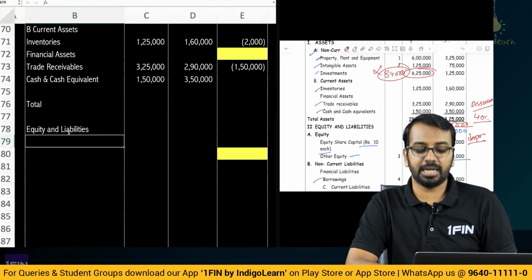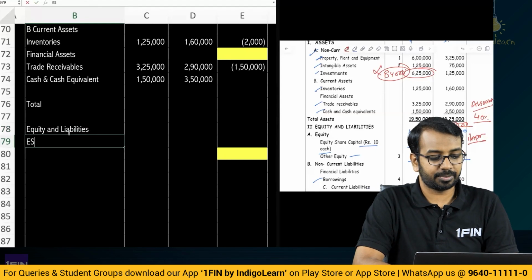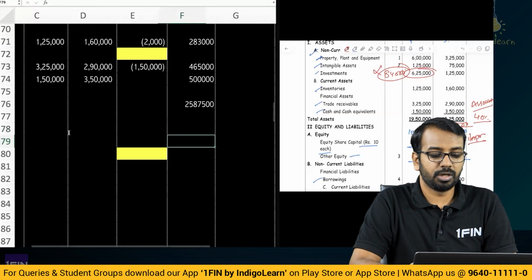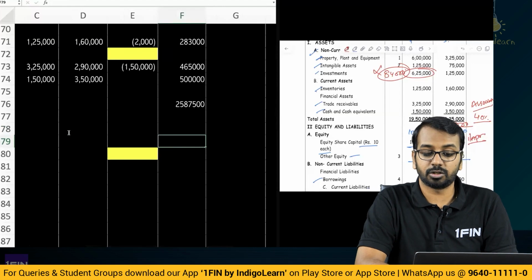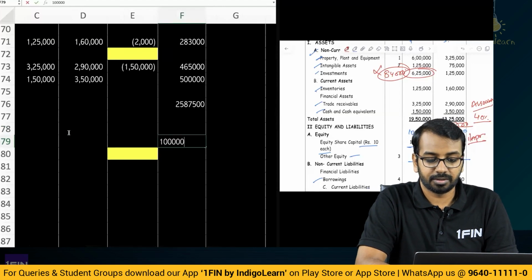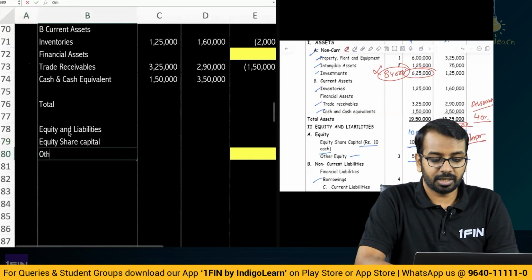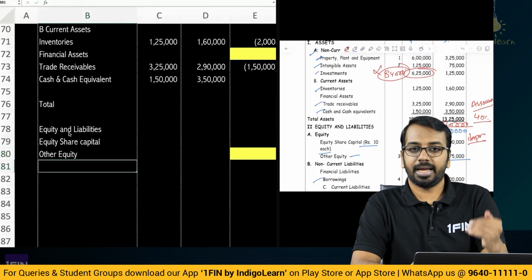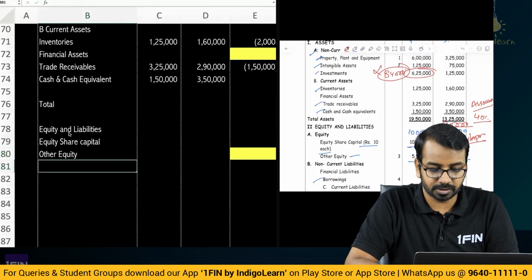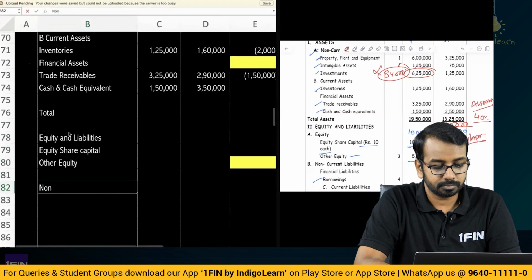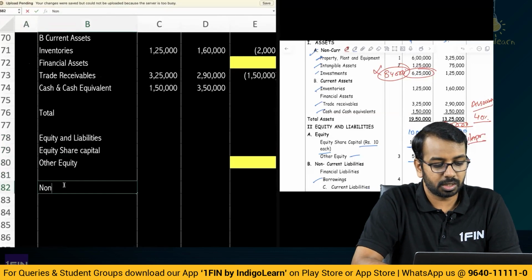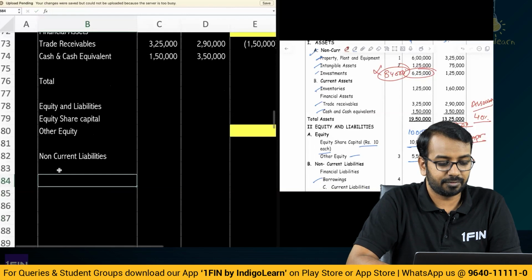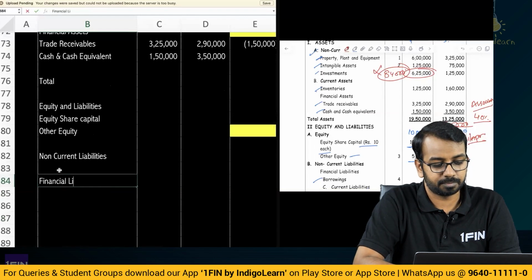Now when it comes to equity and liabilities, first is equity share capital. We know we take only the holding company or the parent company, 10 lakhs. Then other equity. Now for other equity we will fill up the number at the end after we do certain more adjustments. Then non-current liabilities. Under that we have financial liabilities,